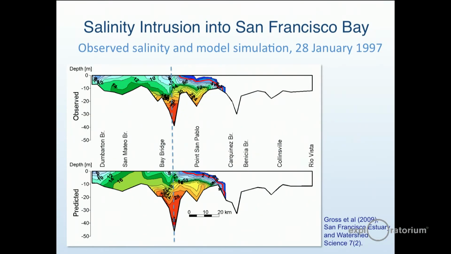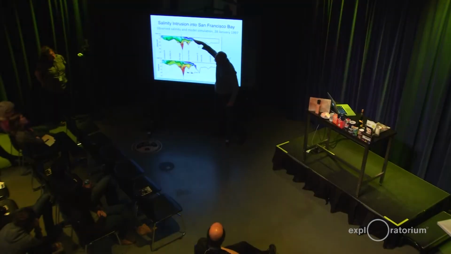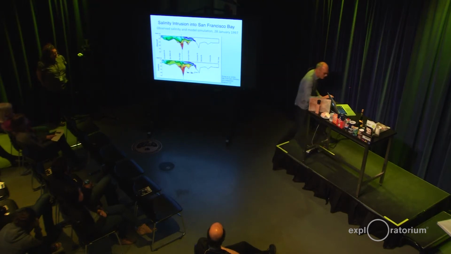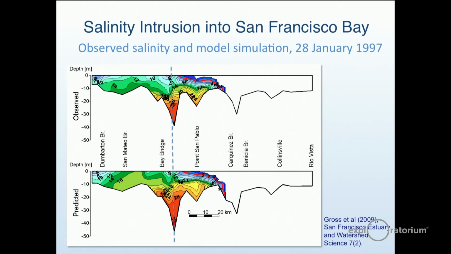And on the right-hand side, you see it better. The red here is 28 parts per thousand. This red line is 2 parts per thousand, basically fresh water. And you can see that fresh water on top and the salt water underneath. And then proving that you can do it in a computer model, you can share the same process. So there's your salinity wedge, or your salinity intrusion, or your salt wedge, which is coming into the bay.